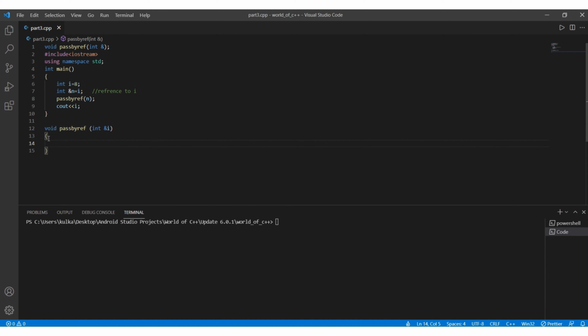And here I will increment the i value as i equals i plus 1.